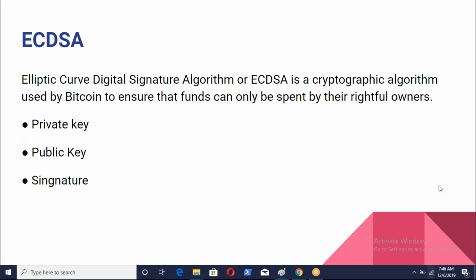And what is a private key? The private key is like our password. Generally in net banking or other systems, we keep our password very secure. Likewise, here also the private key is very important. It is helpful while doing the digital signature. We have to keep the private key very secure. Once the private key is revealed, other persons can also spend our bitcoins, because it is used for spending. So we have to keep the private key very secure.